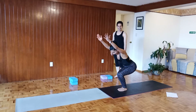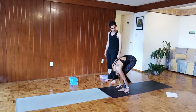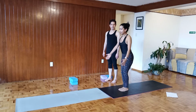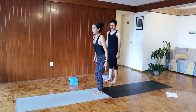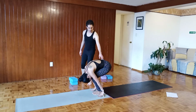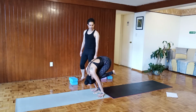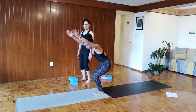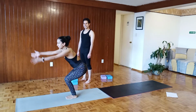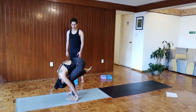Chair, hands on the floor, knees, yes, one foot up, other foot up, chair, stand, step, step, and go, chair, hips down, yes, there you go, one foot up, touch, yes, other foot up, touch the butt with the heel, yes, and chair, stand, walk, step, step, chair, hands on the floor, knees, one foot up, other foot up,